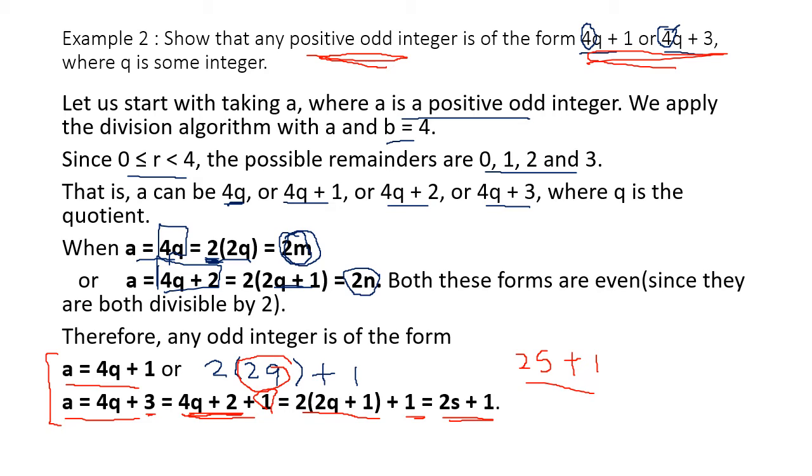Now here you have to understand, it all depends on the choice of your b. In the previous sum we had taken b is equal to 2. In this sum we have taken b is equal to 4. So a real number can be shown in many different ways. a is equal to bq plus r. It only depends upon what? Your choice of b, whatever b you choose.